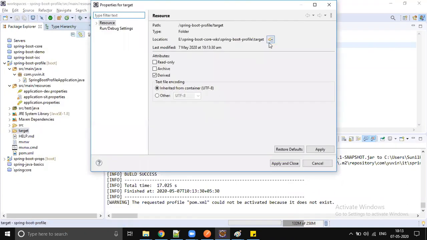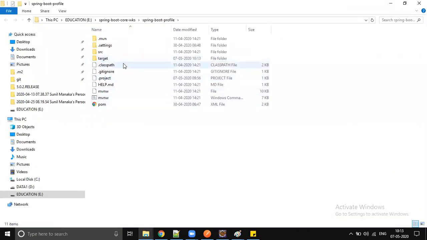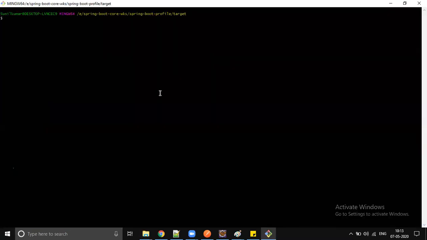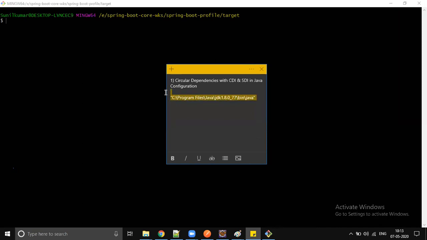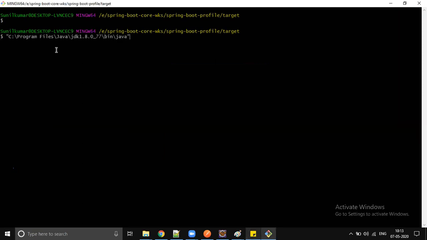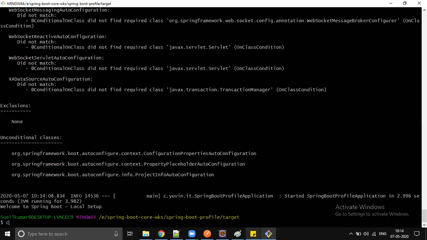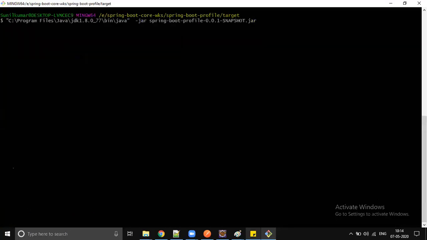Run properties. Just go to the file system, go to the target folder, and just open Git Bash here. No need for Git Bash; it can be any plain Windows command prompt also. If you are using Linux, it's going to be the terminal for you guys. Okay, so here we have java -jar, then the Spring jar file. So again I'm starting without a profile. So the default application.properties file will be loaded, and this is the local setup, and the logs will be printed in log mode. Yes. Now this time we're going to run with the profile, right?